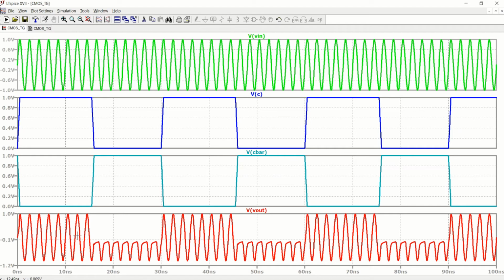If you observe, up to here, it is passing. After that, the state is a high impedance state. From this point to this point, it remains high impedance. So whenever the control signal goes high, at that part it is passing the signal. In the remaining state, it is like a high impedance state.